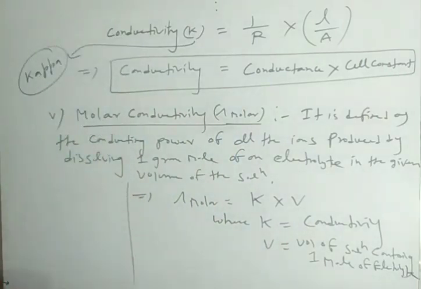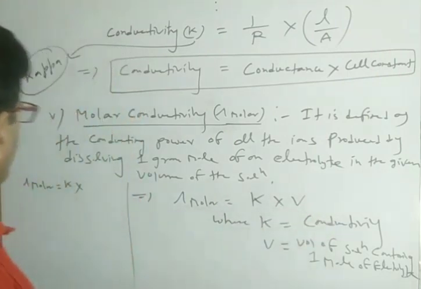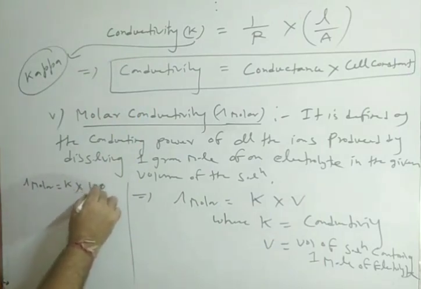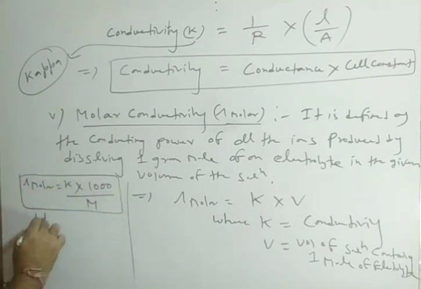You can also write, instead of V, 1000 divided by M, where M is equal to